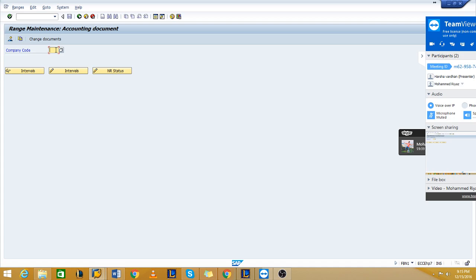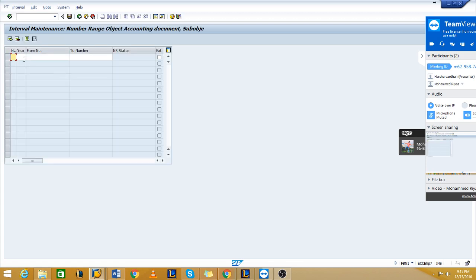Say I'm using the company code and clicking on change interval. Here under number, you will give the number range key. For SA, what was the number range key? 01. So you will give 01. Here 2016, my number starts from 1000 to 1099.